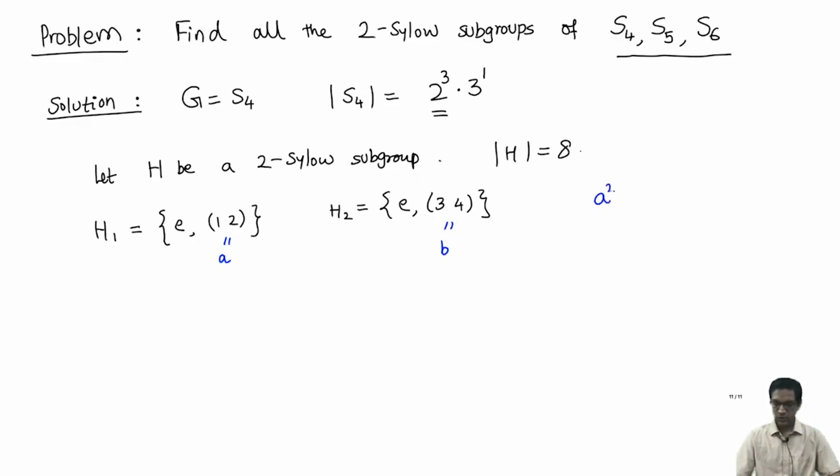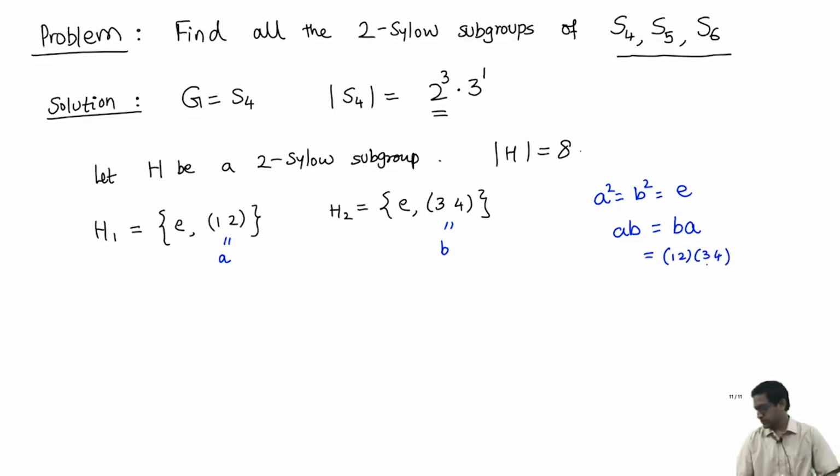Observe they are both elements of order 2, and further, since they are disjoint, they commute with each other. AB and BA are equal, and their product is nothing but (1 2)(3 4), again an element of order 2. So I'm trying to get to cardinality 8 by looking at other possible powers of 2 as starting points. I've constructed subgroups of cardinality 2 now.